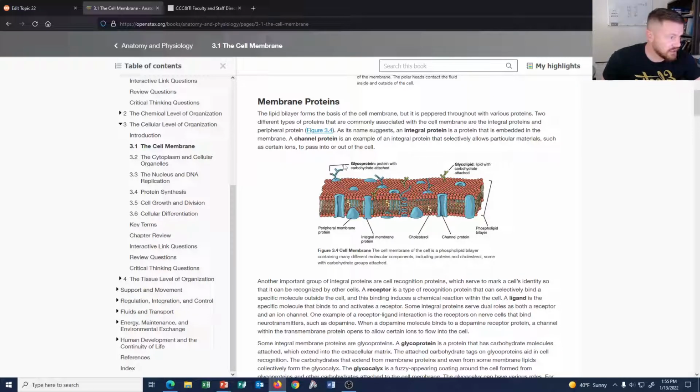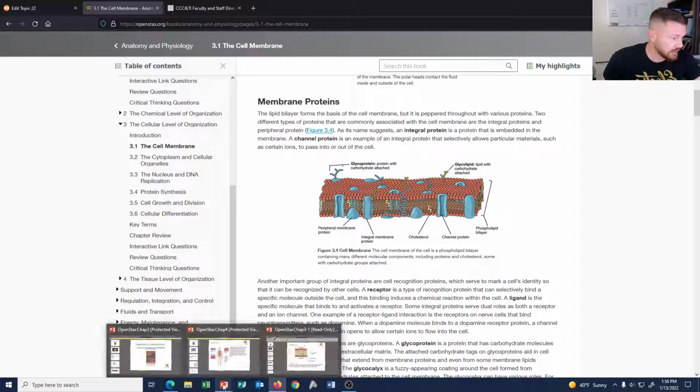You can have things like glycoproteins or glycolipids on the cell membrane. Sometimes these are used for things like cell-cell recognition. One of the classic experiments in biology